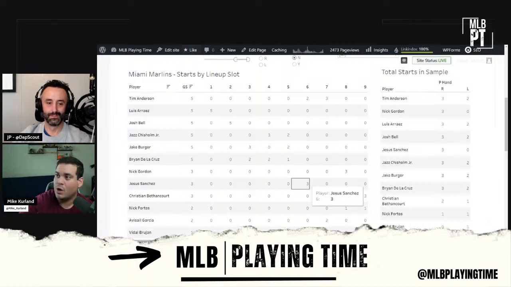But we know there's some power and speed there. We've seen not necessarily a lot of power, but he's shown some pop in the past. He's definitely shown speed in the past. So I'd like to think that Nick Gordon will have weeks where he's viable, but he's not somebody I'm looking at like, oh, he's going to fix my problems. But I will target him if I lost players and need to chase some steals or some plate appearances.